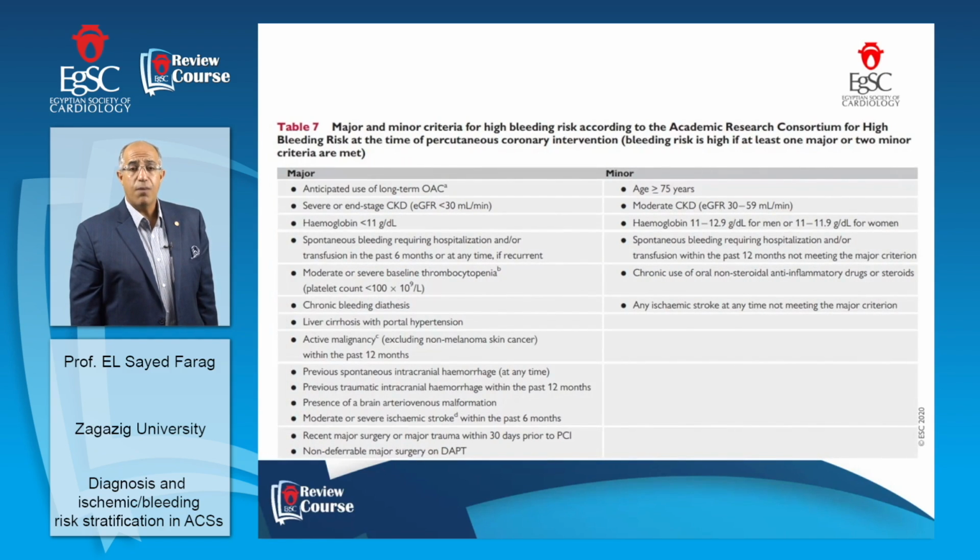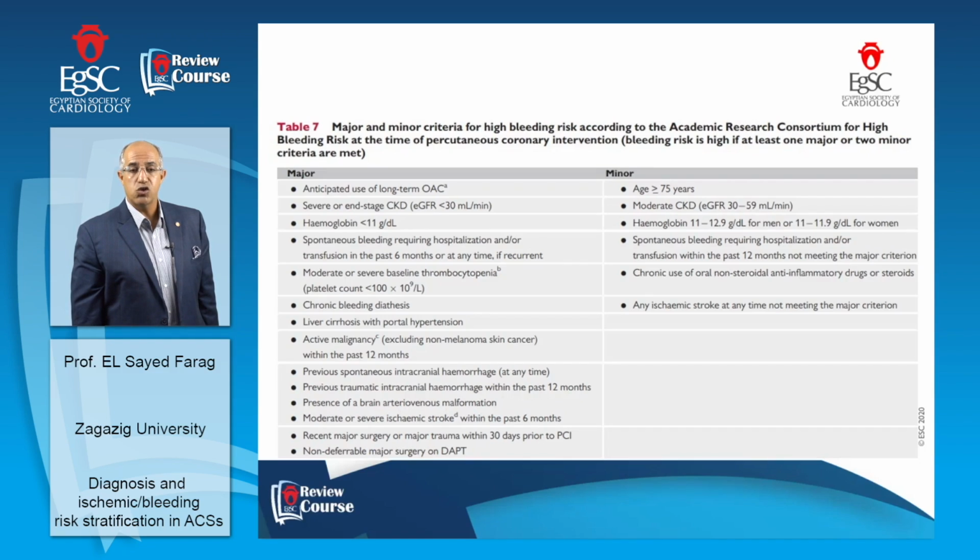Those are the major and minor criteria for high bleeding risk according to the Academic Research Consortium for High Bleeding Risk at the time of percutaneous coronary intervention. The major criteria are anticipated use of long-term oral anticoagulation, which is very important to know, severe or end-stage chronic kidney disease with eGFR less than 30, hemoglobin less than 11, spontaneous bleeding requiring hospitalization or transfusion in the past 6 months,